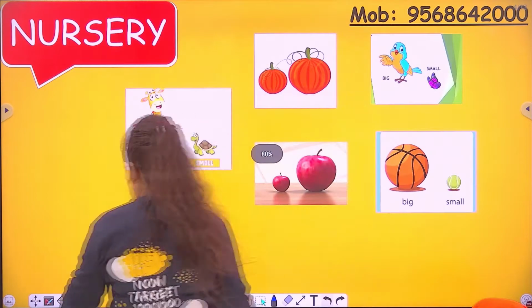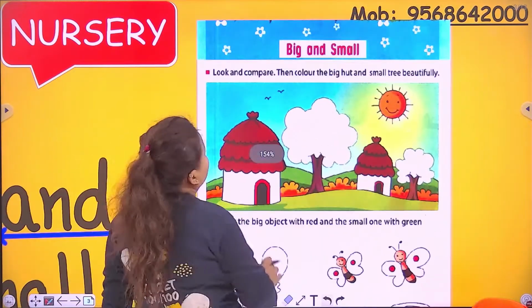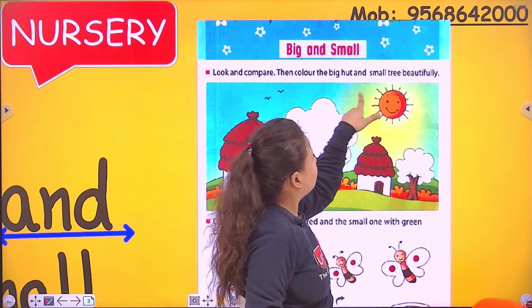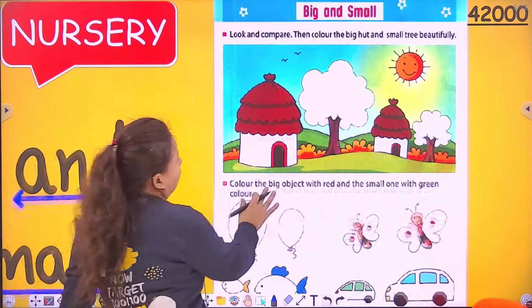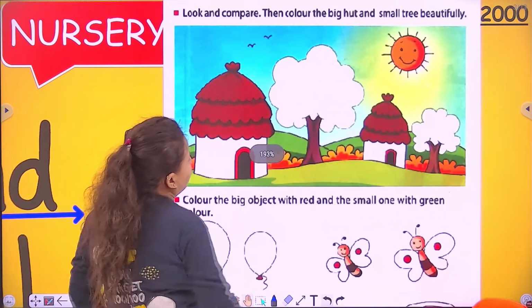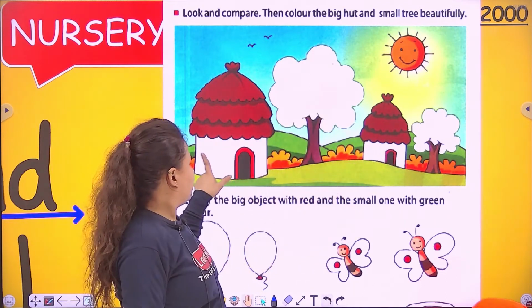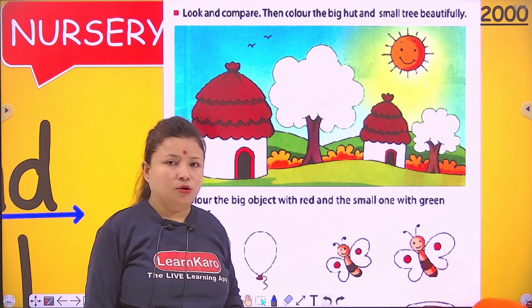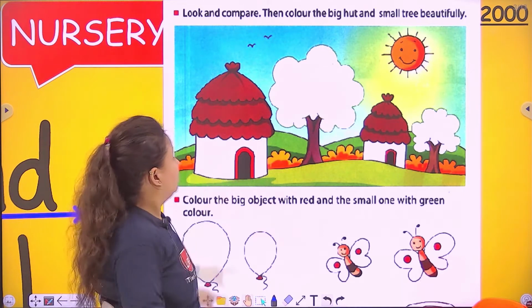Okay. So now let's continue our work. Look and compare, then color the big hut and small tree beautifully. So which hut is big? Which one is big? This one or this one? कौन सी वाली हट बिग है यानी बड़ी है? This one ना? So